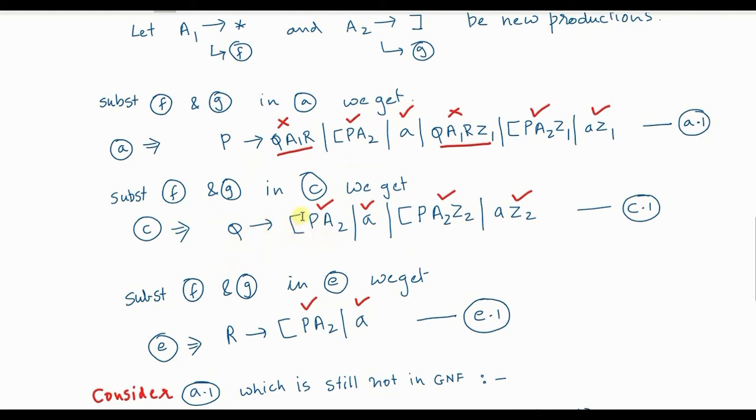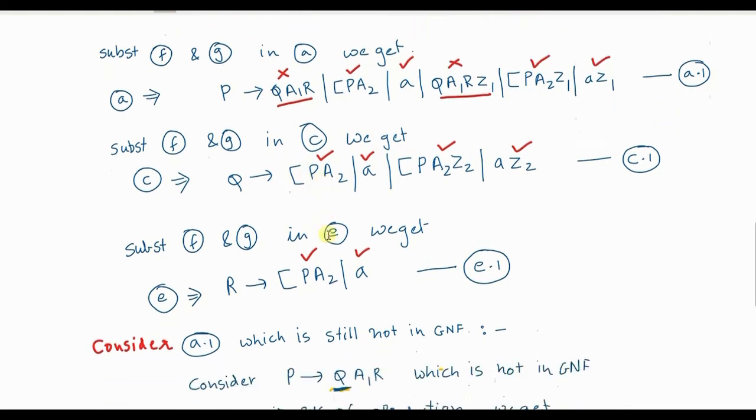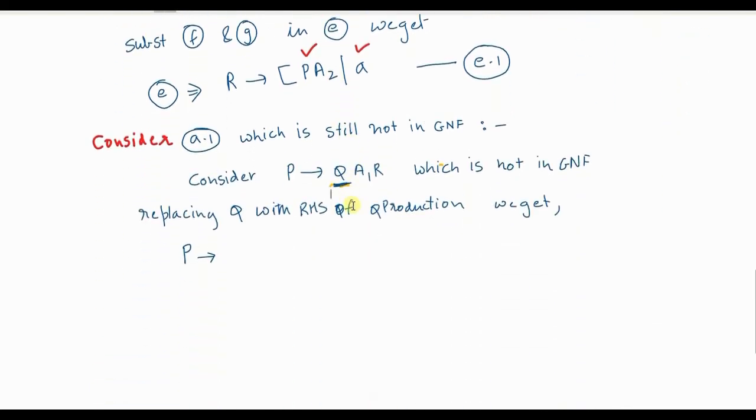First term will be opening bracket PA2, so opening bracket PA2, followed with A1R. Now you see this term is already in GNF, fine,